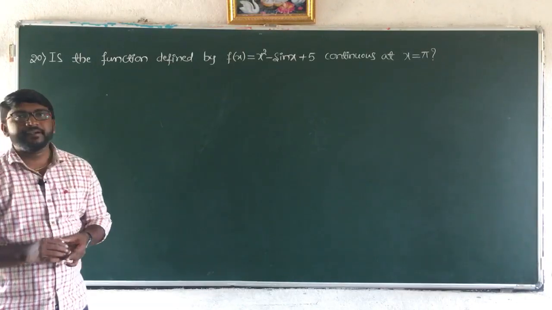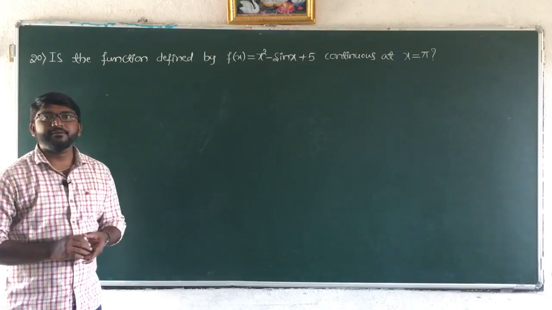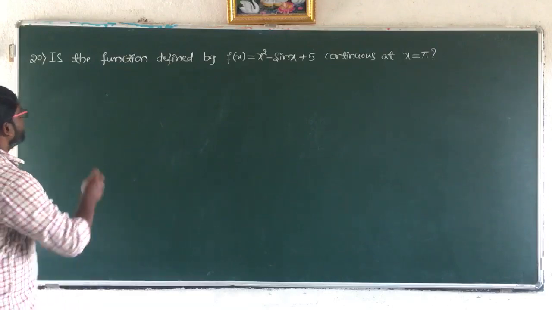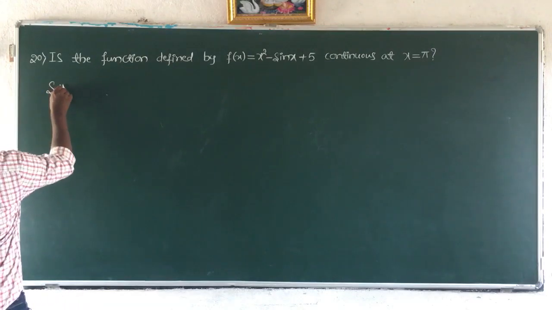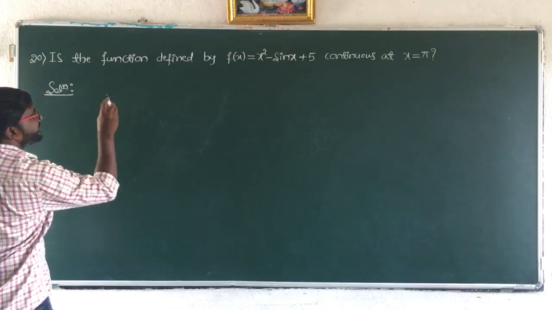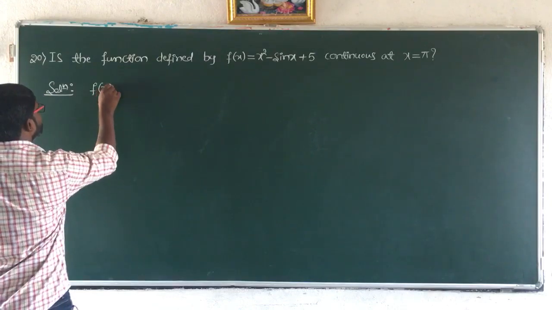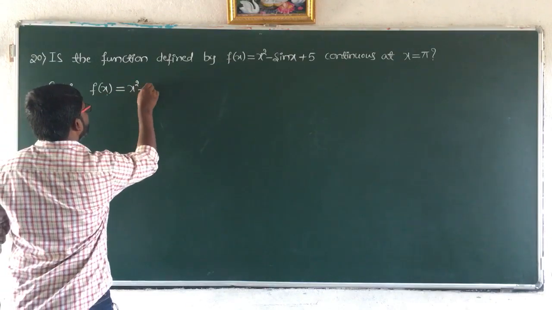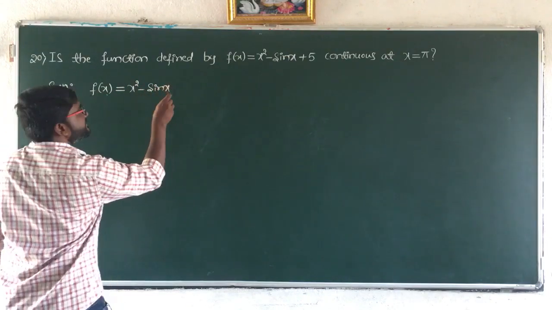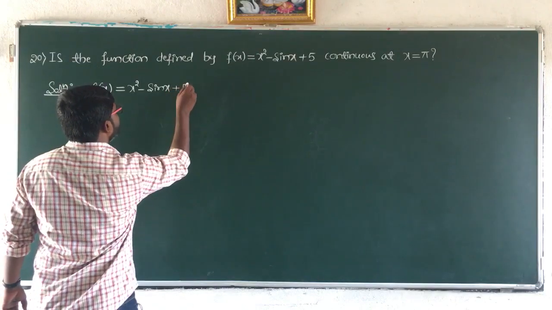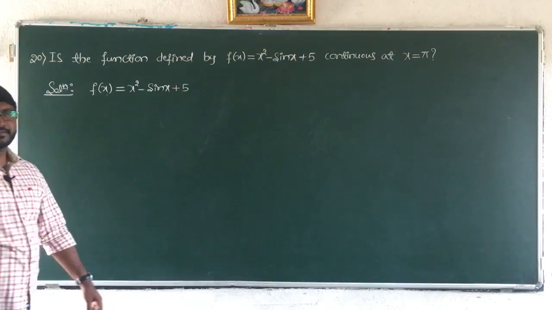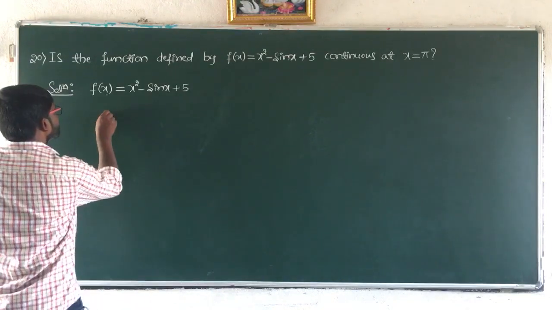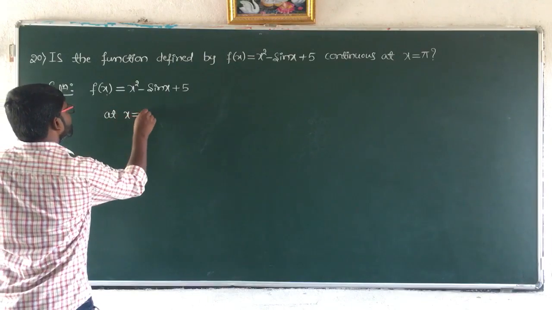Is the function defined by f of x equals x square minus sin x plus 5 continuous at x equal to pi? So we have to check whether this function is continuous at x equal to pi. So we will write the given function now. f of x equals x square minus sin x plus 5. Now at x equal to pi,